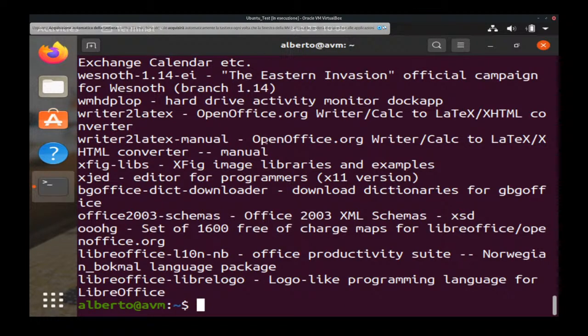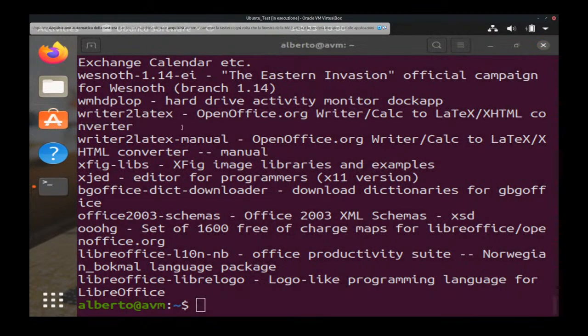But for this kind of tool, of course, probably the best way to install software is this icon, which is the graphical tool for searching and installing software. If you click on it, after a while,